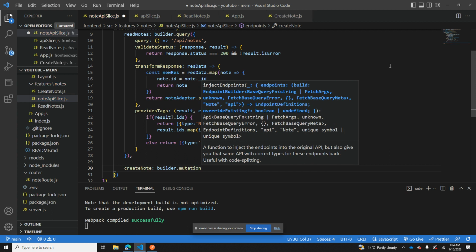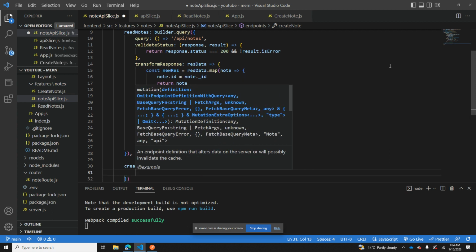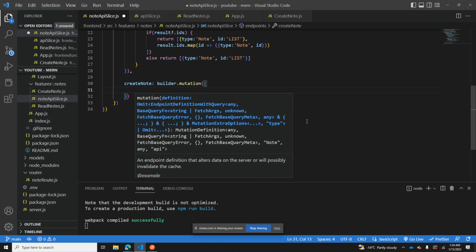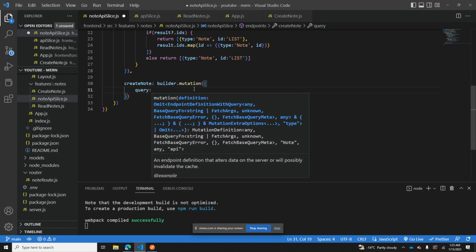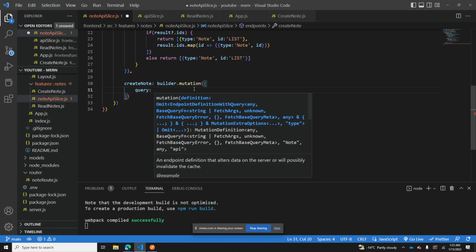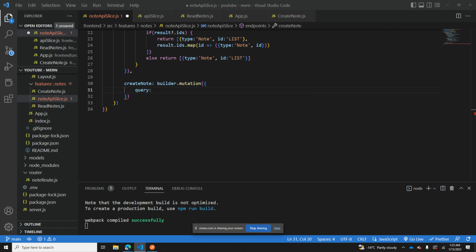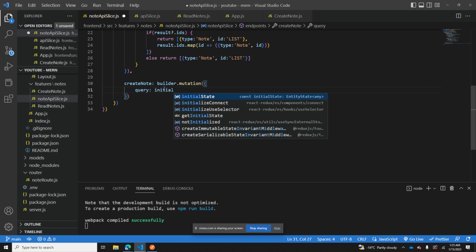A function with an object, and in here we are going to pass query, and let's see what it has. So in query we are going to just pass the data that was passed from the body. So initial data